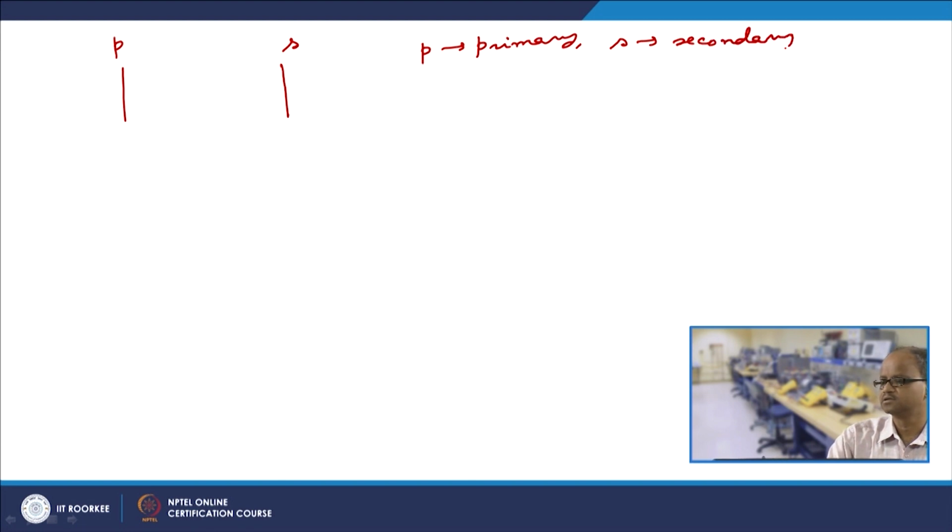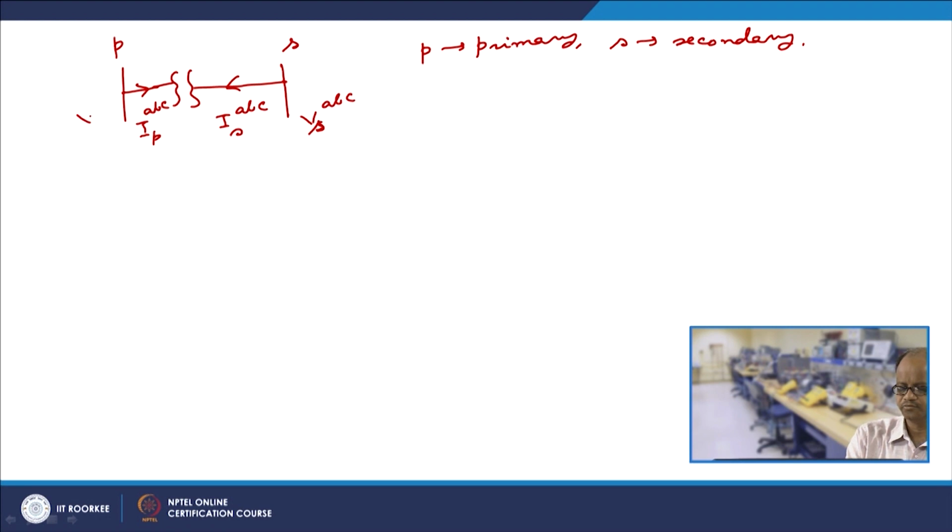So essentially in general, let us say this is bus P, this is bus S, where P stands for primary and S stands for secondary. And if there is a transformer connected here, so this is IP ABC, this is IS ABC, this is VS ABC, and this is VP ABC. So we said that IP ABC, IS ABC is given by